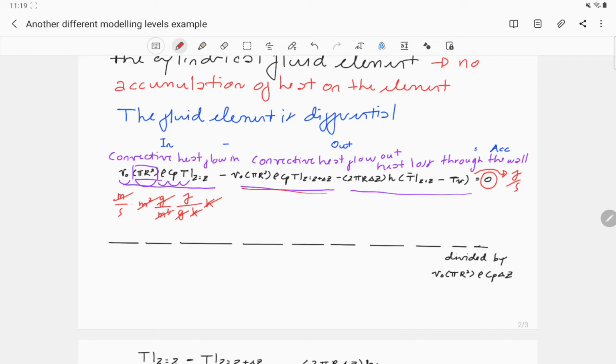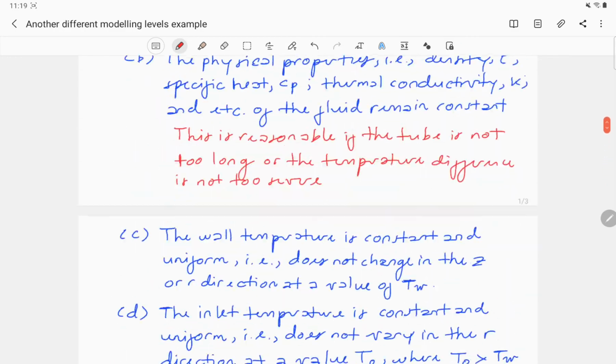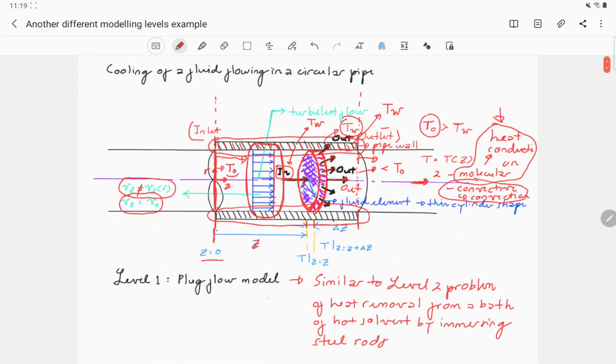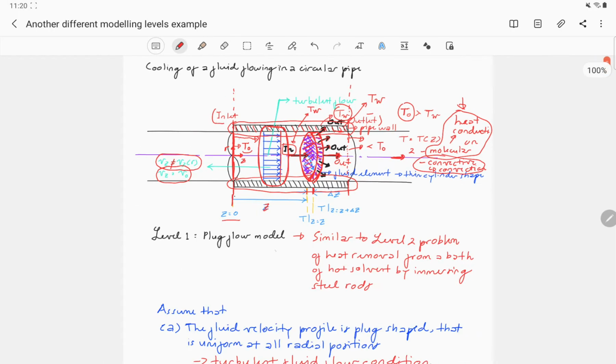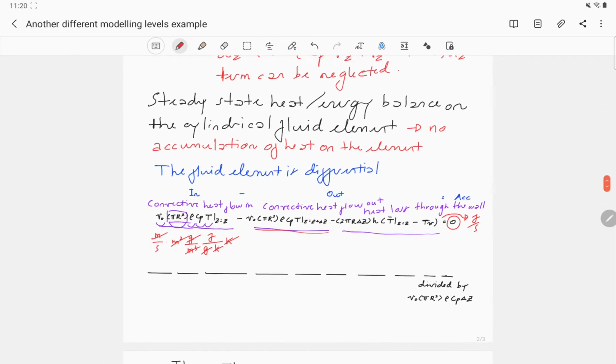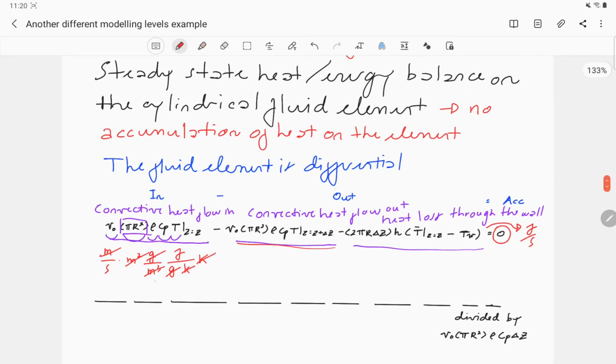Okay, the second term in here is the same as the first term basically, except that we inspect that heat out at this particular coordinate. So this one is dealing with the out one. So the area will be the same again. The area will be pi R square. Okay. So I don't need to do this cancellation in here because this is the same. Okay, everything is the same except for this one that is inspected at the out, so Z plus delta Z.